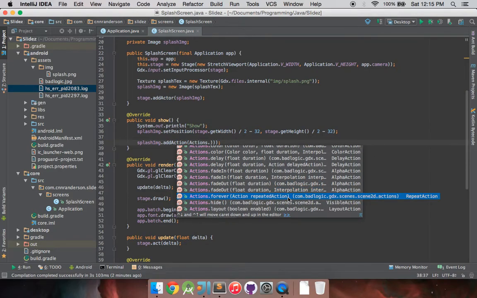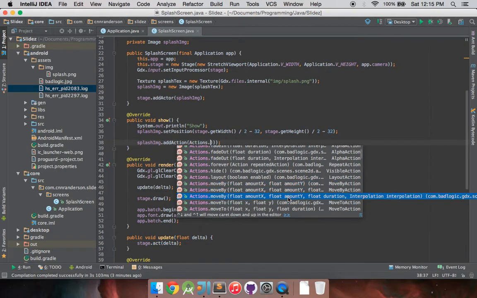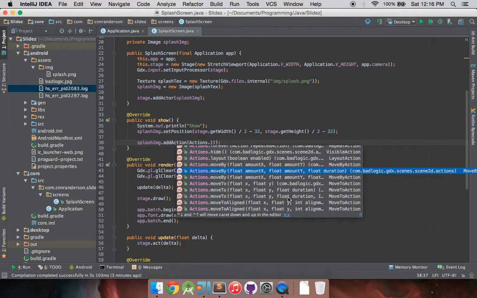Forever will have an action that is always called and it'll keep being called, so we could probably mess around with that a little bit down the road. Then you have move by, which will take the current coordinates of wherever the actor is and move by a certain amount. Then you have move to, which will set the absolute position to that. You can also set a duration, which will make it smoothly pan to that location from wherever it is, which is essentially the same thing as the move by float duration, I guess. Maybe a little bit different, but